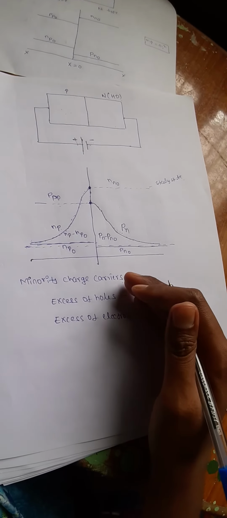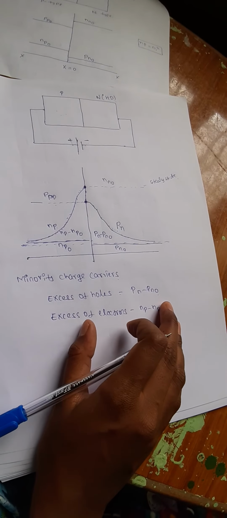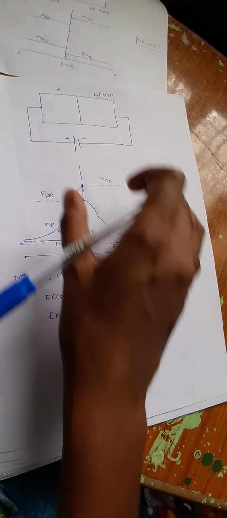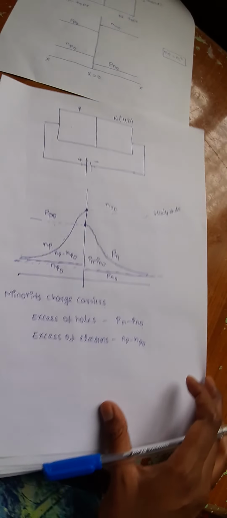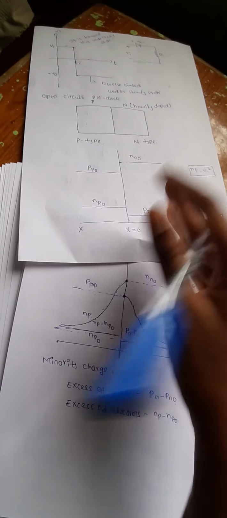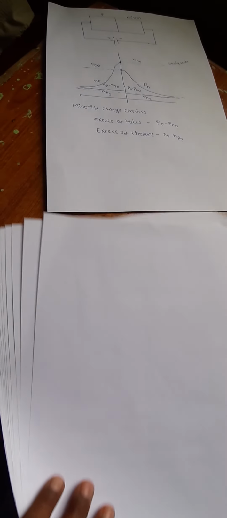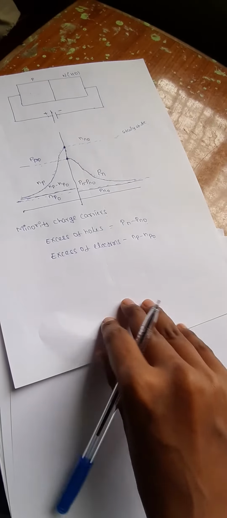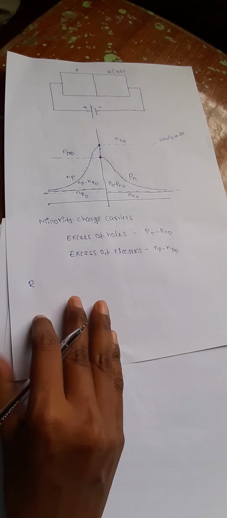Under the forward bias condition, the graph will be like this one. The minority charge carriers will be like this one. Excess minority carriers will be present under the forward bias steady state condition. In the same way, this is for open circuited, and it is for forward bias condition. Now we go for the reverse bias condition. I am taking another paper so that you can get it. So now it is considered here only, a reverse bias condition. I am writing over here.